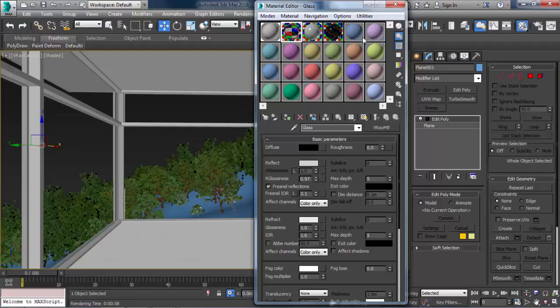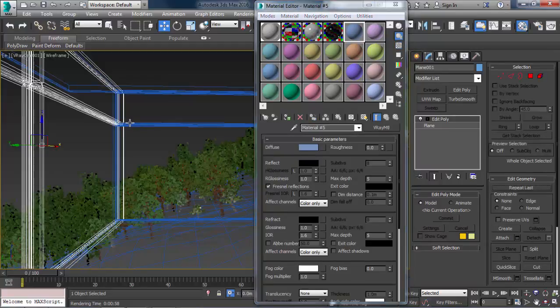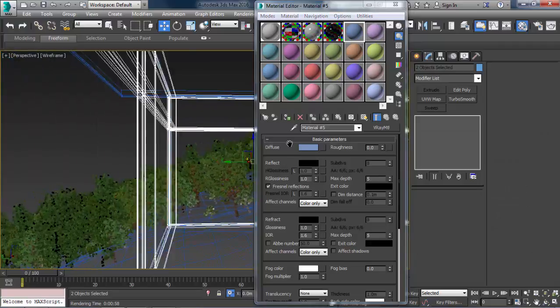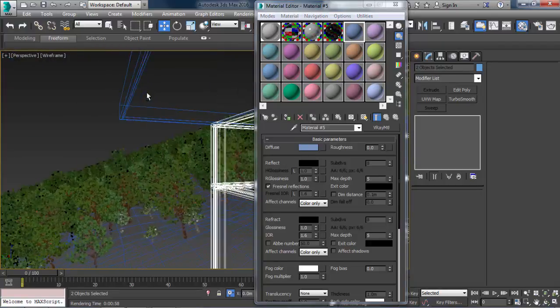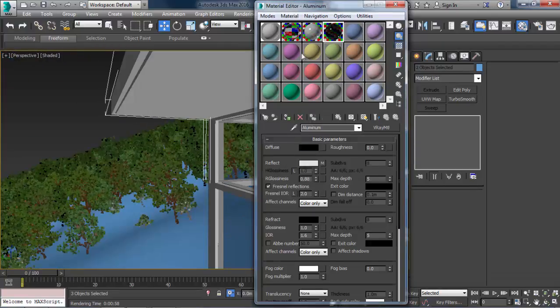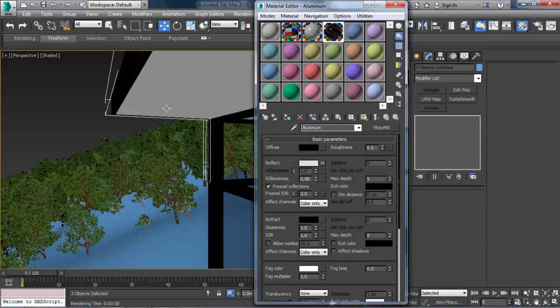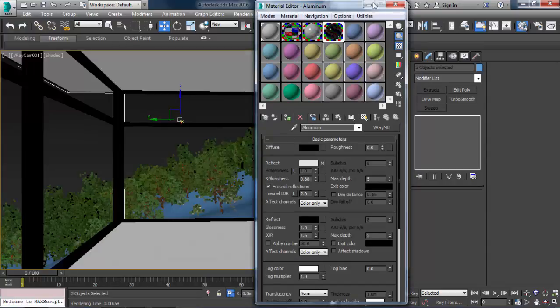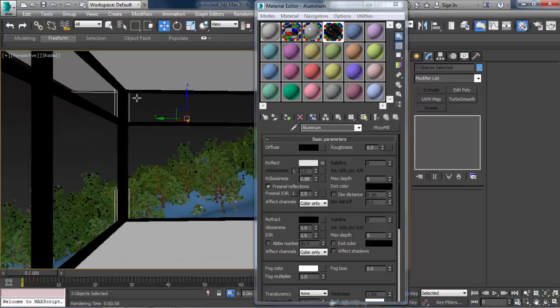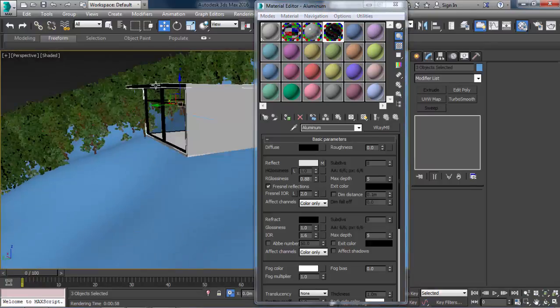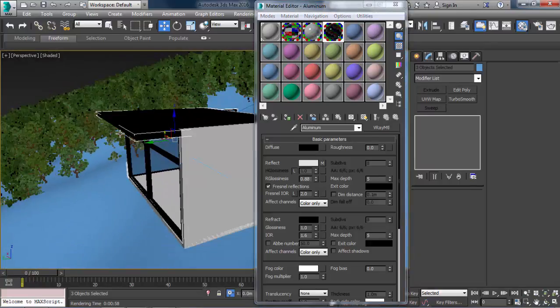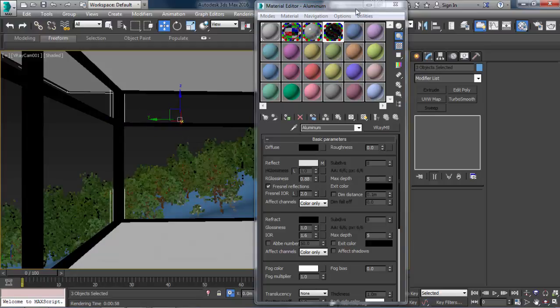So now let's also create. Yeah, let's apply first. Apply this and this, and also apply the same material to this for now, the aluminum. Yeah, considering this has an aluminum cladding or something, it will look good. You'll see.